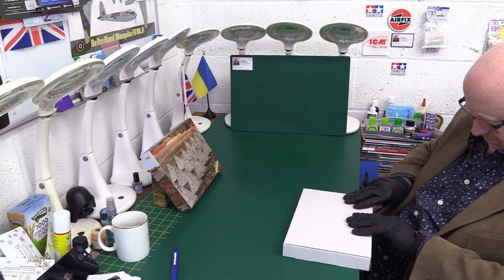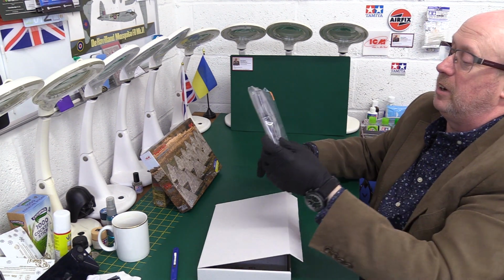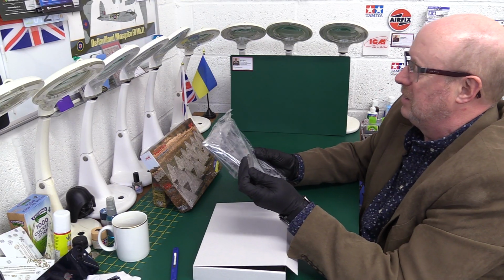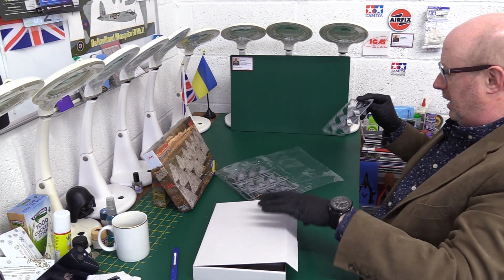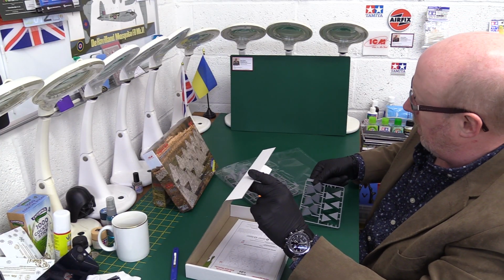Right then. Oh yes, and they are pyramids, literally. Oh yeah, okay. That's quite cool. Let's see, we need to leave. Oh, there's 4 sprues. 4 sprues, and